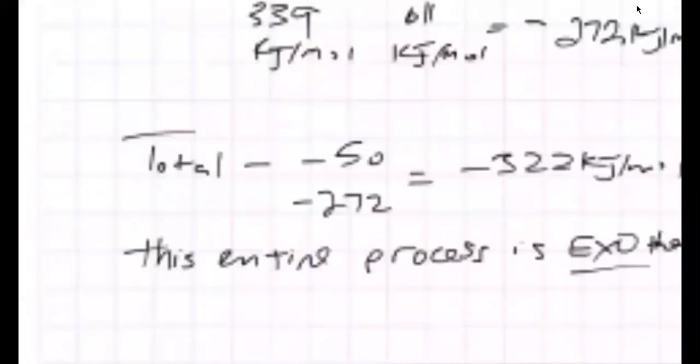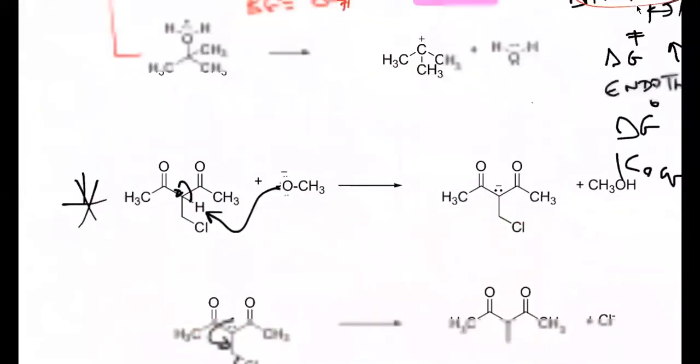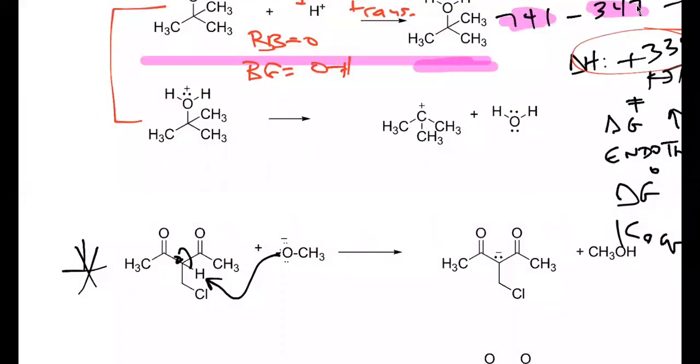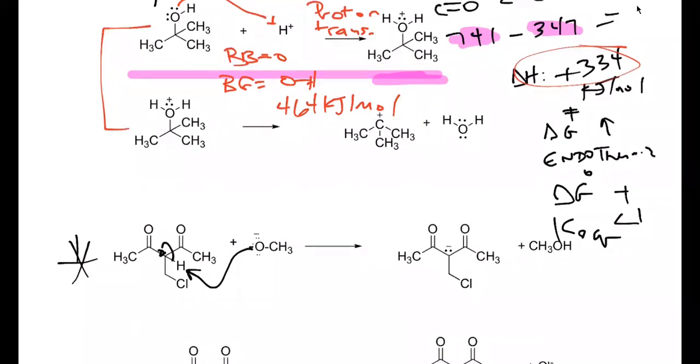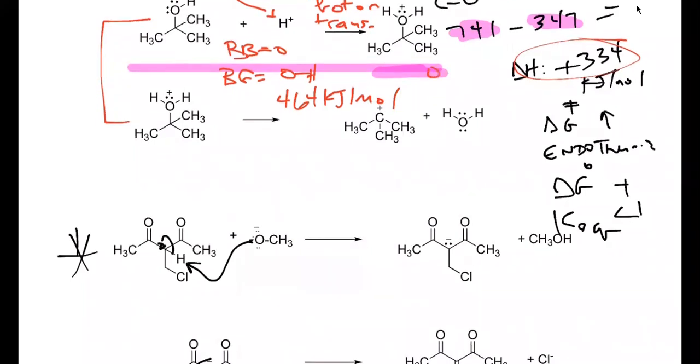So what is the delta H overall for that step? Negative 464. Good. Because bonds broken is 0, 0 minus 464. So it's negative 464